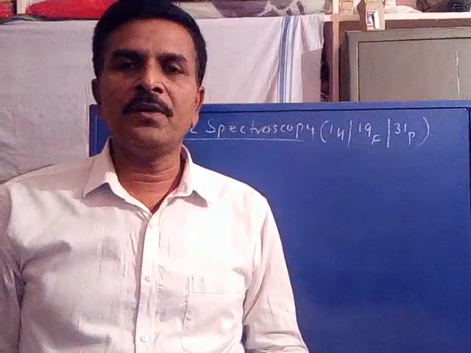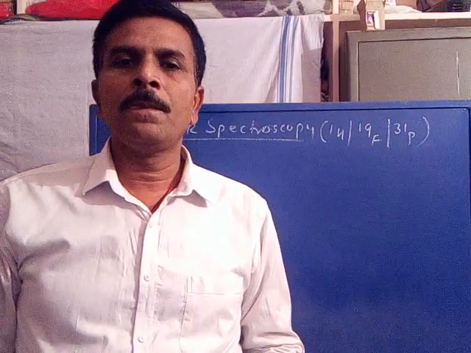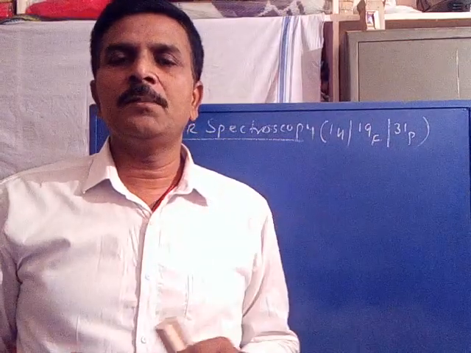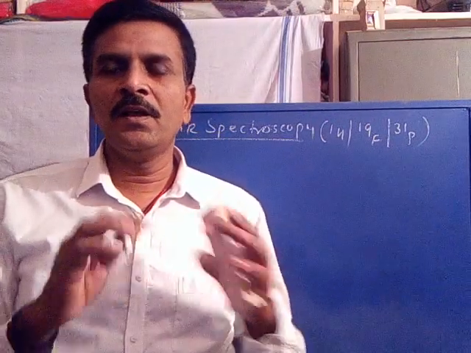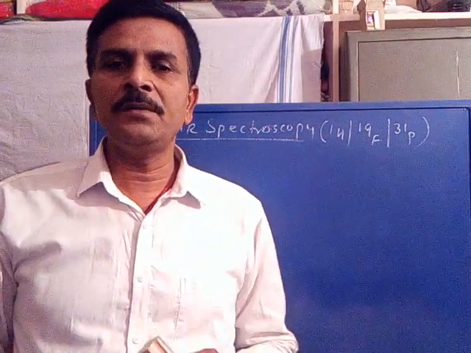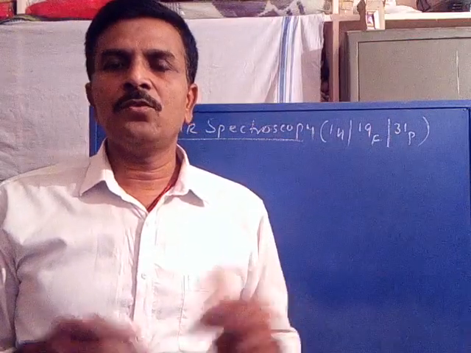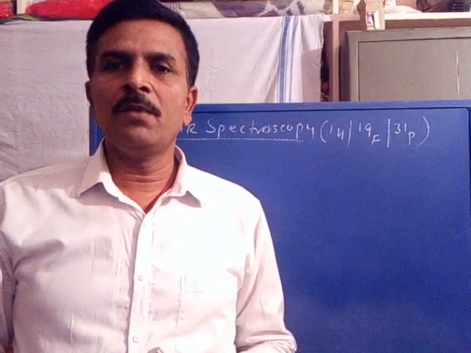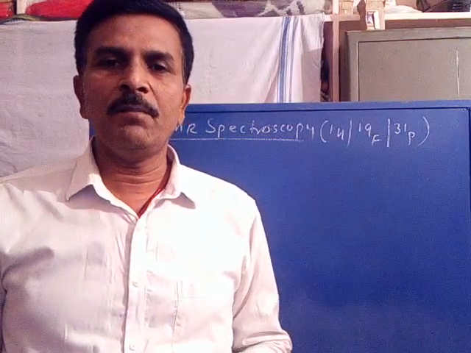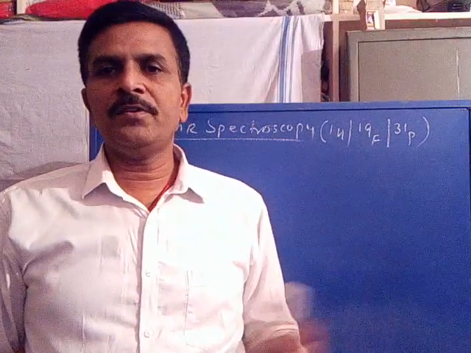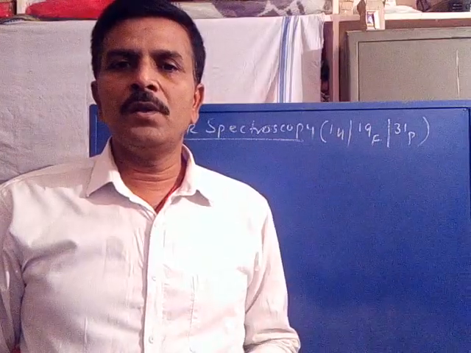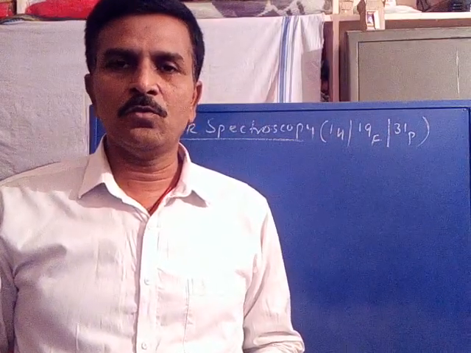In your first semester, we thoroughly discussed the basic principles of nuclear magnetic resonance, as well as the principle of proton NMR spectroscopy. In continuation, we have to study proton NMR again for its second order NMR. There are two types of NMR, first order and second order. First order proton NMR was completed in the first semester. Now we have to learn about second order proton NMR spectroscopy.